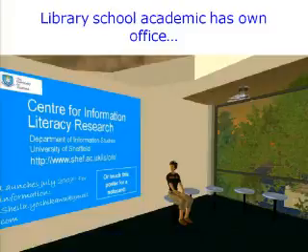In the UK we have library schools, departments of information science and information studies in universities, and this is where the librarians of tomorrow, as they say, get their master's degree and learn various information retrieval skills. It's a very mixed attitude in library schools in the UK to having a presence in Second Life. University of Sheffield,